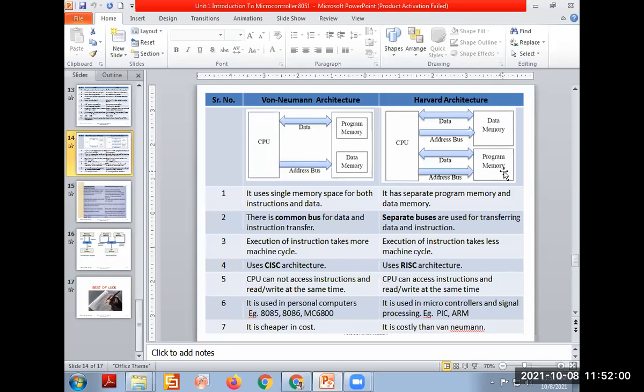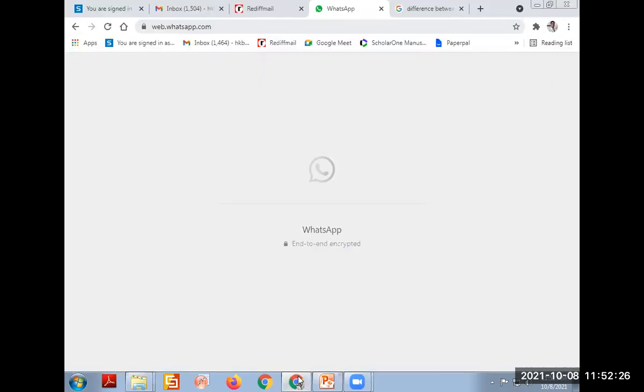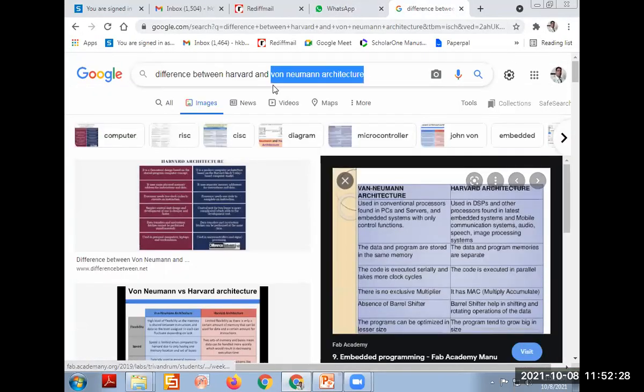Okay. What was the program memory in the Harvard architecture has been further classified into two types. Means it acts as a program memory as well as data memory. That is a secondary data memory. That is the difference between the Harvard and the Super Harvard. Means it has additional secondary data memory in the program memory. Otherwise, we'll go with the simple difference here also.